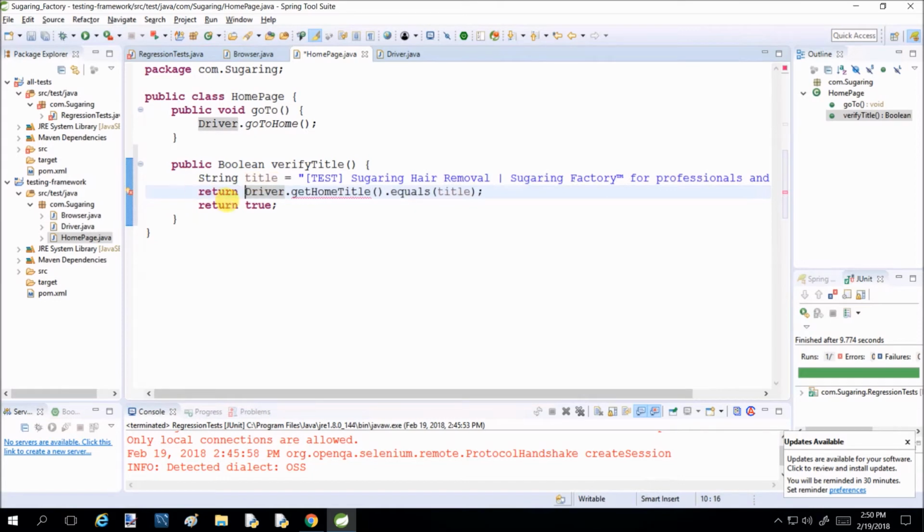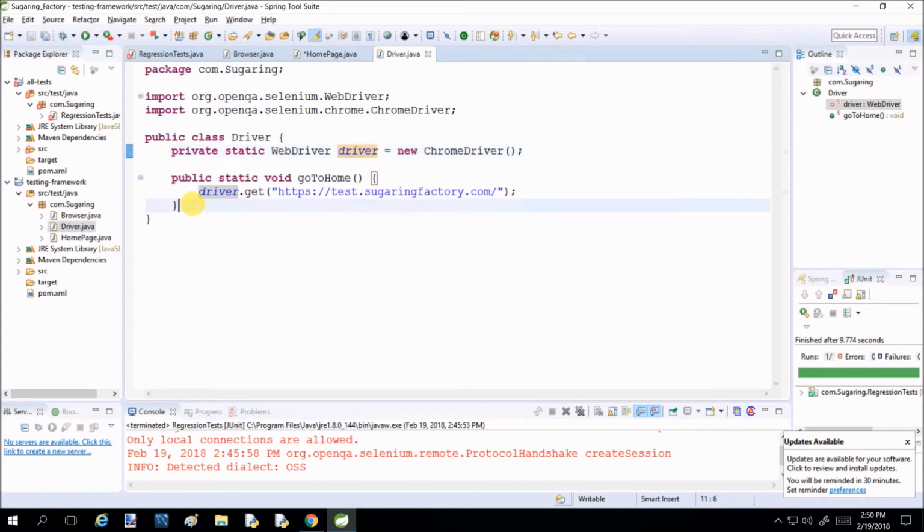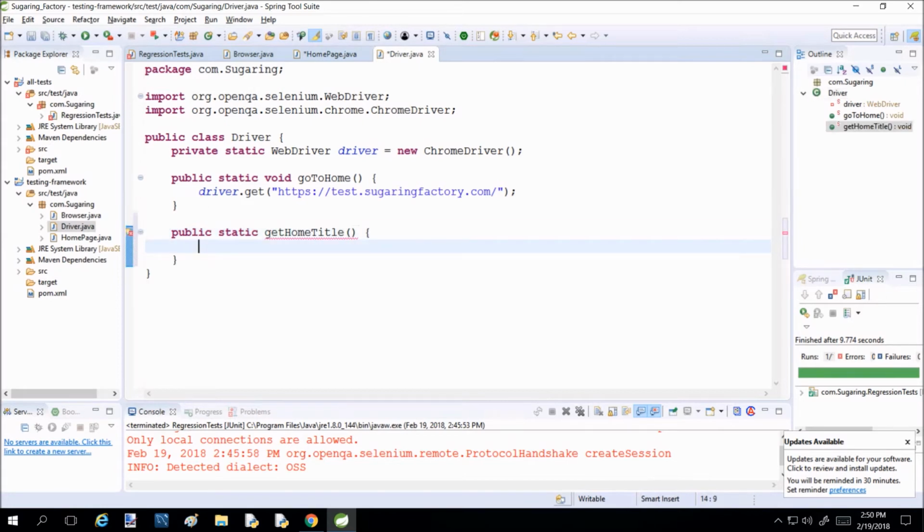We have to return that to JUnit, right? Don't remember that. Let's remove that thing, and we have to create the getHomeTitle method. Let's go to Driver and create that method. Let's go public static getHomeTitle, and